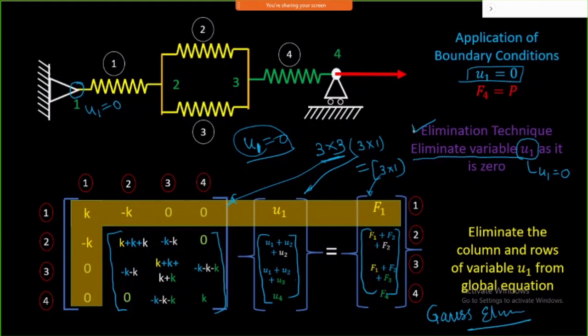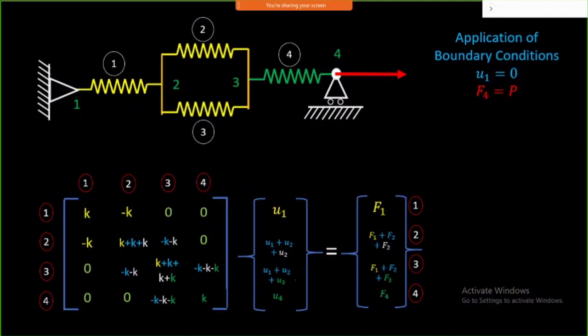Last time I had not included this in my presentation. Here I am going to tell you this is one technique by which we can do elimination to convert this. Then finally apply the force, and since the internal forces are 0, you can put 0 here and go on solving. You will get the 3 values u2, u3 and u4, and quite easily get the rest of the results at a later stage. Another approach is the penalty approach.